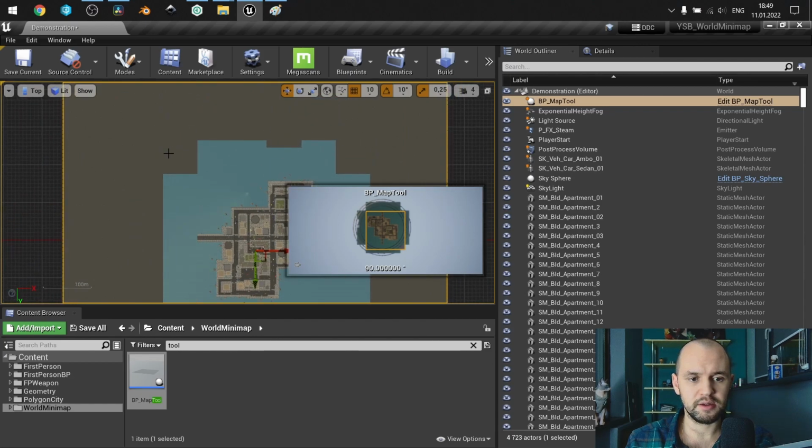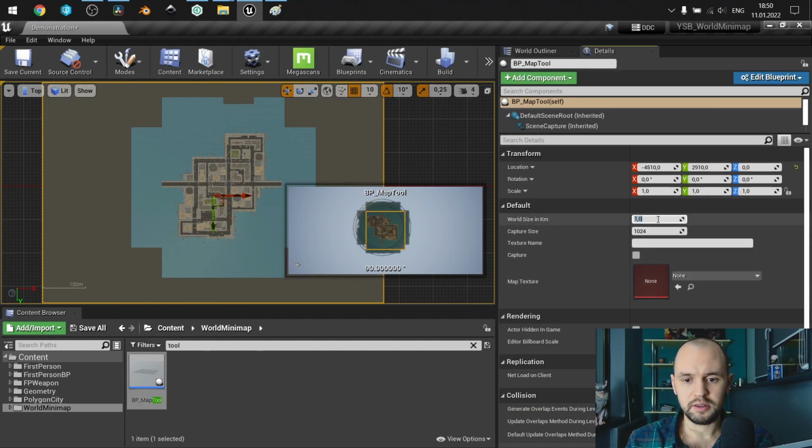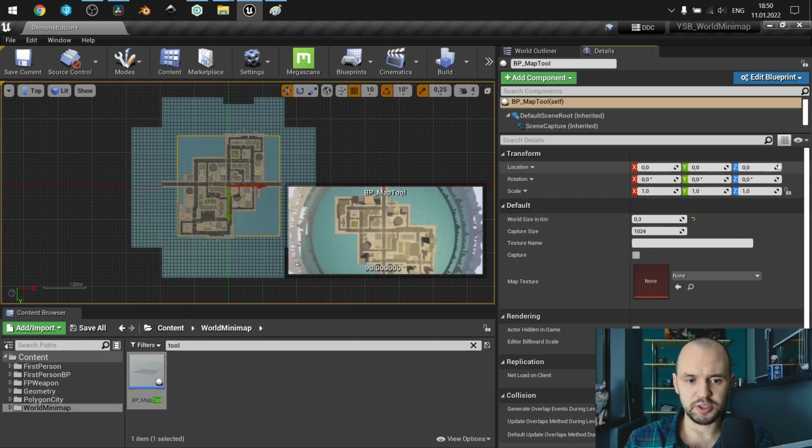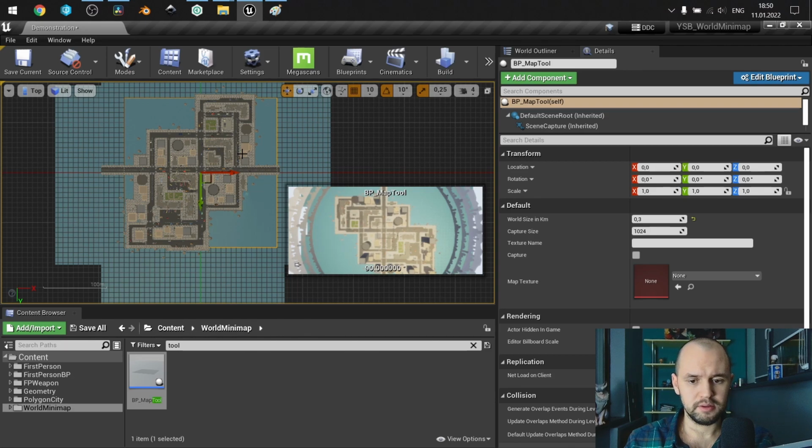This gray area, the gray plane, is the projection plane that we will be using as the background for storing the reference for our world and minimap texture. We need to position it so its center will be the center of your landscape or your floor, and we need to adjust its size. On the details panel, we need to adjust the world size in kilometers and adjust its position. That's okay. Next, we need to set the capture size, set the proper name,